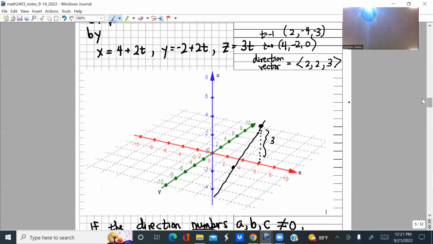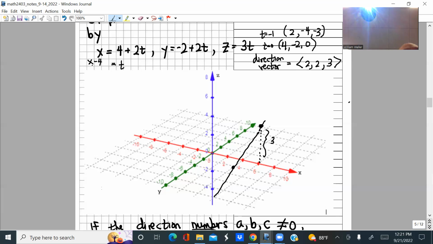Now, there's another way of writing down equations for a line. Okay. So these are called the parametric equations. But we have an alternative way of writing down the equations for a line. And these are called the symmetric equations for the line. Let me show you how that works. Take your parametric equations and solve each equation for t. So if you solve this first equation for t, and do it quickly here, you notice you're going to get